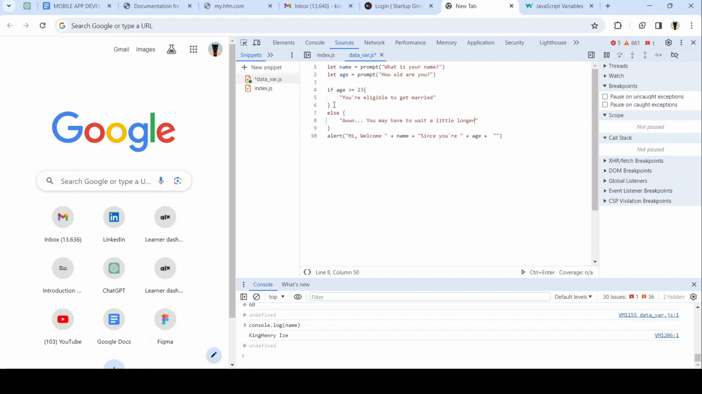Okay, so what do you think of this? So by this, what we just said now is as far as the age is above